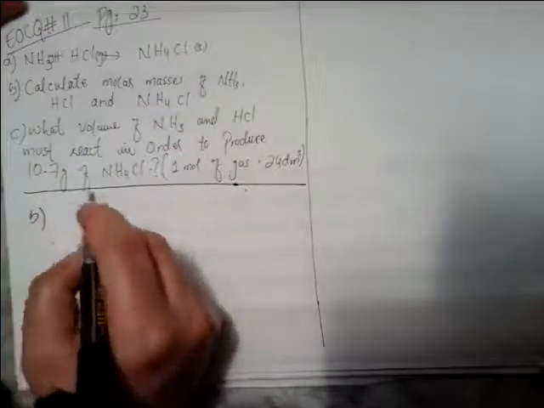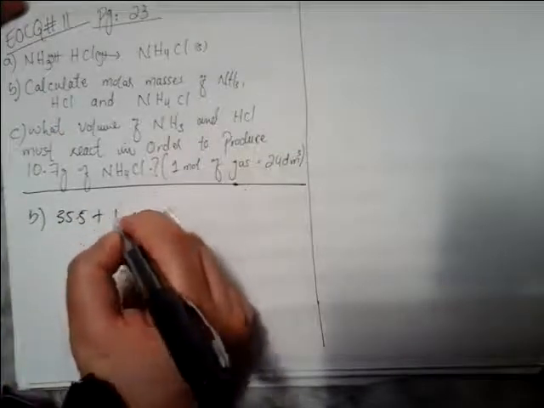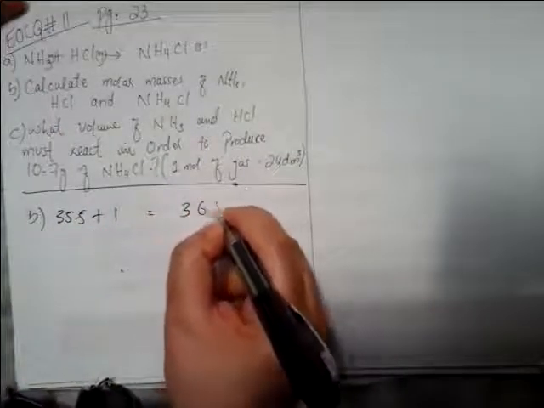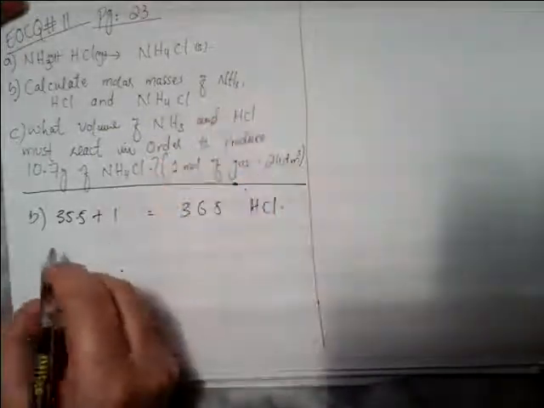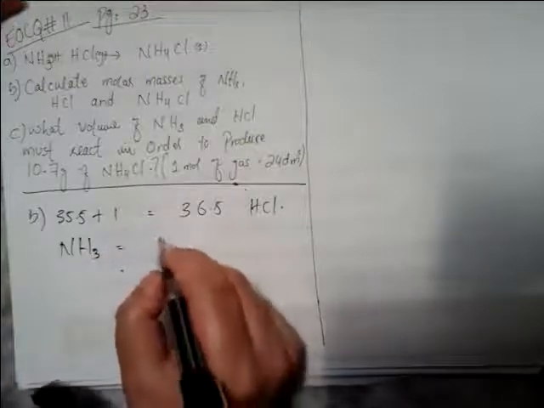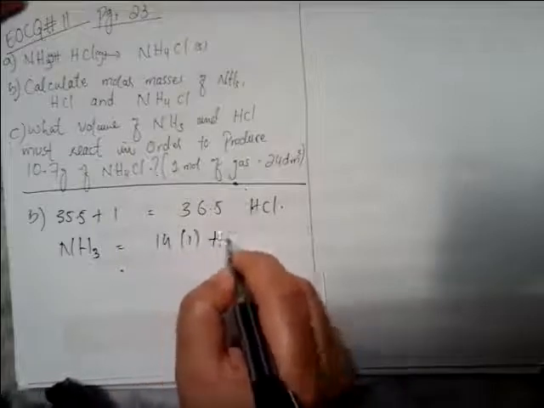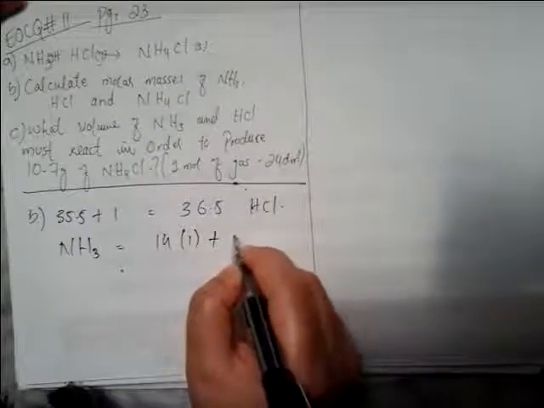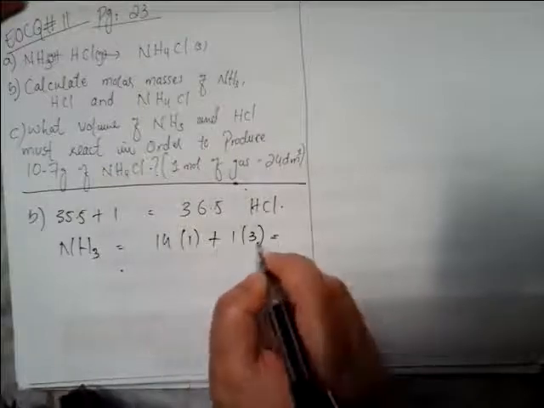Chlorine is 35.5 plus 1 hydrogen, so the mass of hydrochloric acid becomes 36.5. Again ammonia, NH3: the mass of nitrogen is 14, there is one atom of nitrogen, plus the mass of hydrogen is 1 and there are 3 atoms of hydrogen. So 14 plus 3,